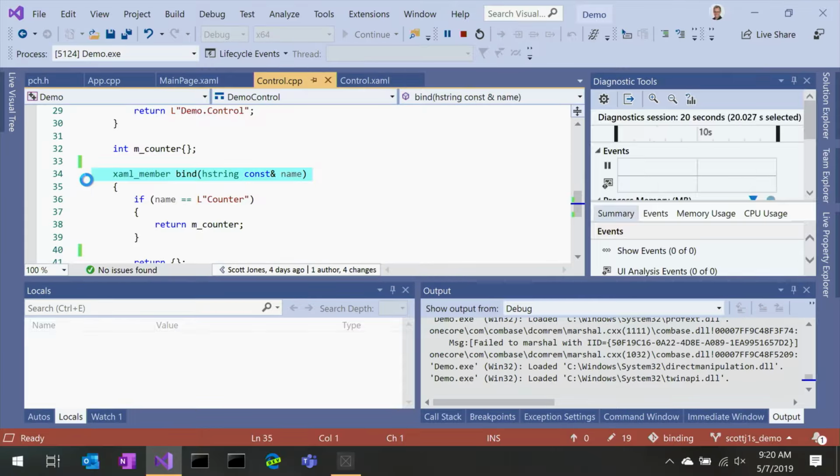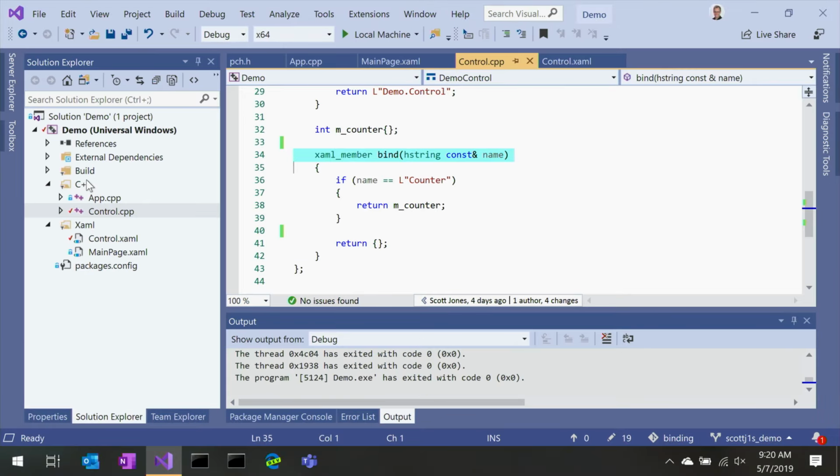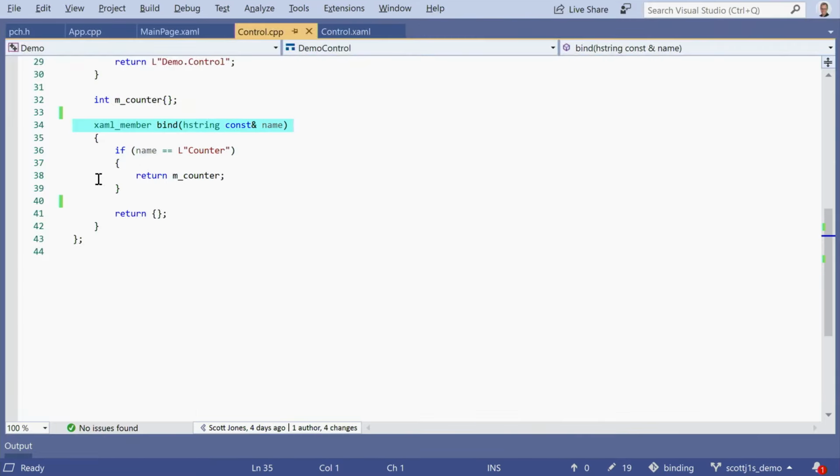Now, the real benefit here as a developer, well, I really would love to just focus on control.star, my C++ code behind, and my markup. I don't want to mess with it. I don't want to do anything else. So let's see how the inner loop is addressed by this library.